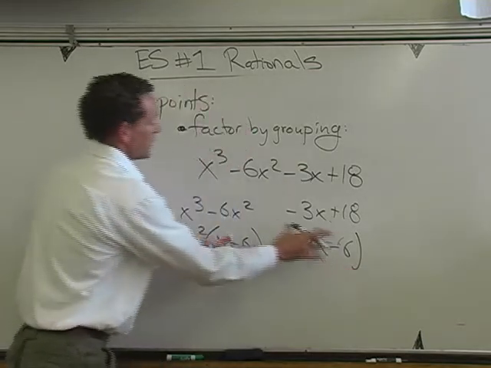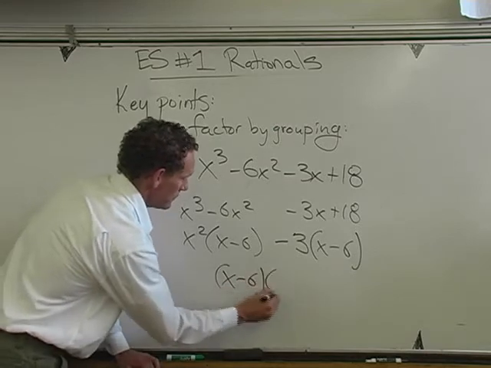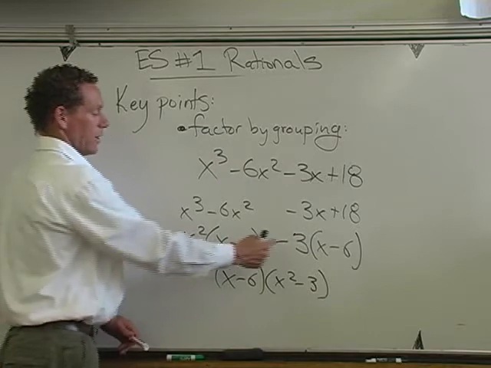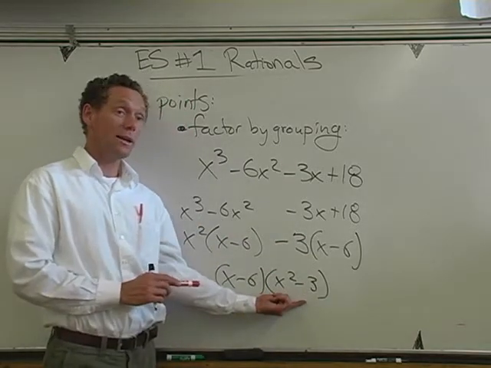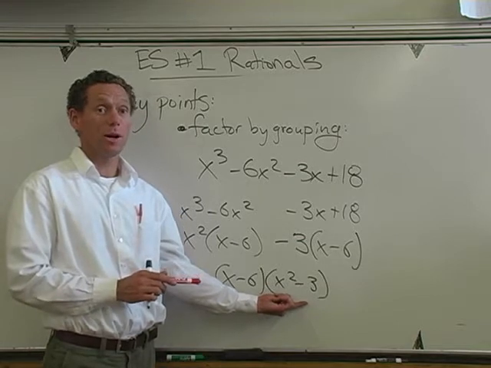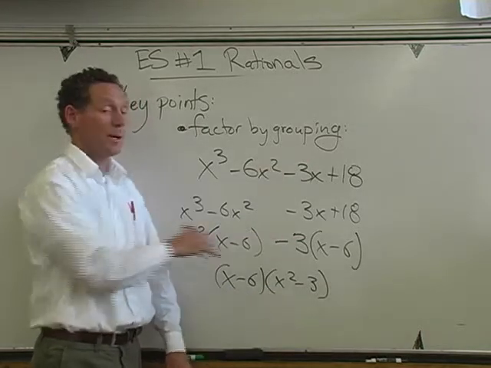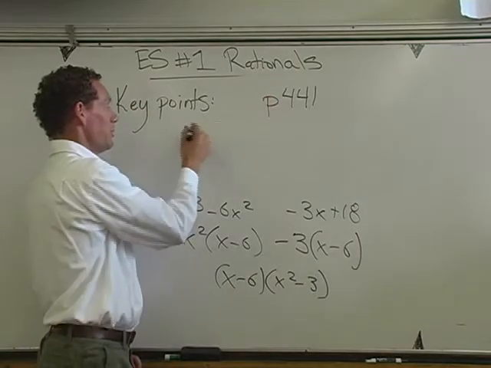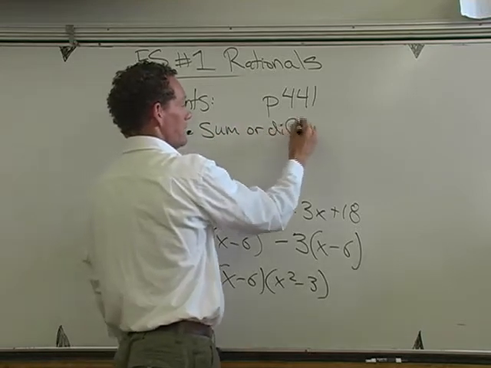We are then factoring the x minus 6 out, leaving us with that x squared minus 3 left over in parentheses. Occasionally this will end up being, say, a difference of perfect squares and will still be factorable. Okay, factor by grouping. If you forget, page 441 in your book,